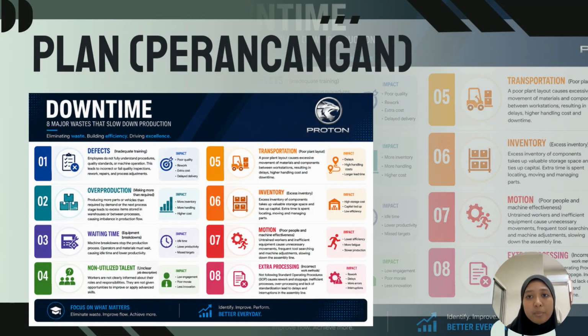This slide presents the downtime framework, which identifies the 8 major types of waste in lean manufacturing. These include defects, overproduction, waiting time, non-utilized talent, transportation, inventory, motion, and extra processing. Among these 8 wastes, our analysis found that defects caused by inadequate employee training and transportation caused by poor plant layout are the two most critical operational issues at Proton. These problems have a direct impact on product quality, production efficiency, operating costs, and customer satisfaction. Therefore, our improvement plan focuses primarily on these two critical areas while acknowledging the existence of the other types of